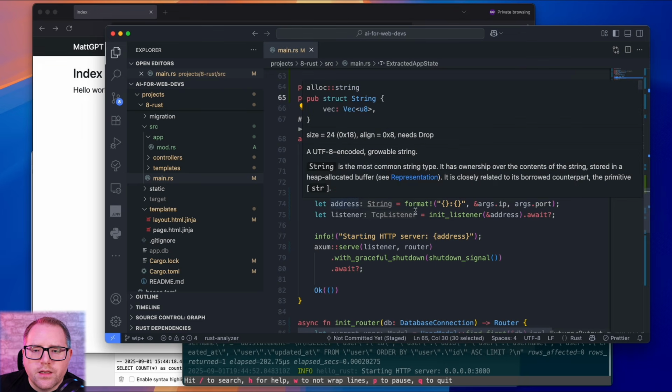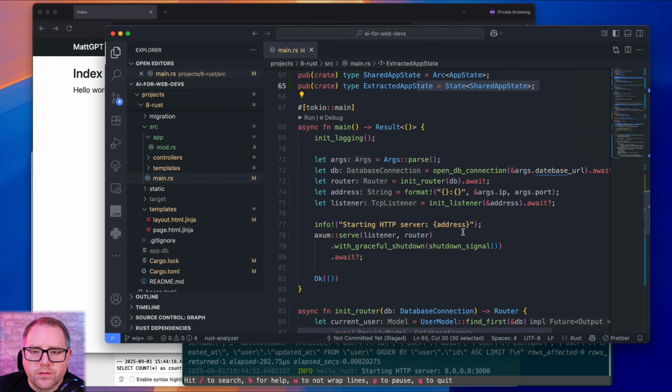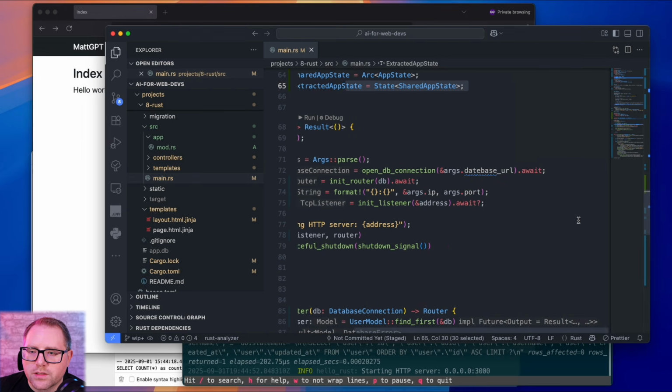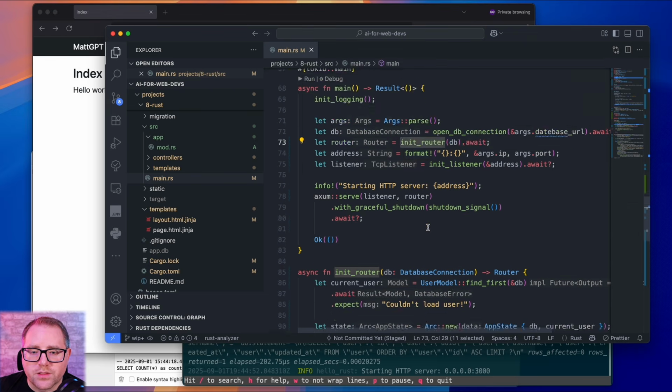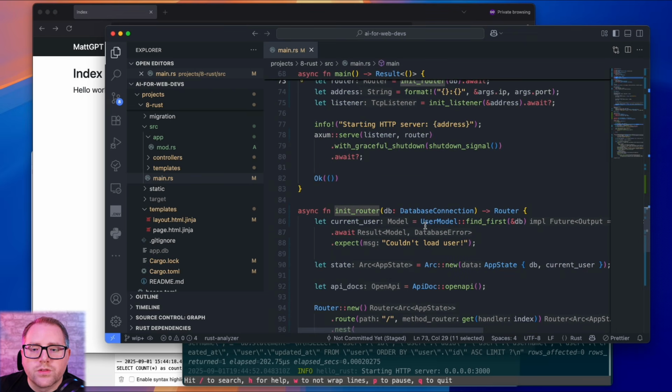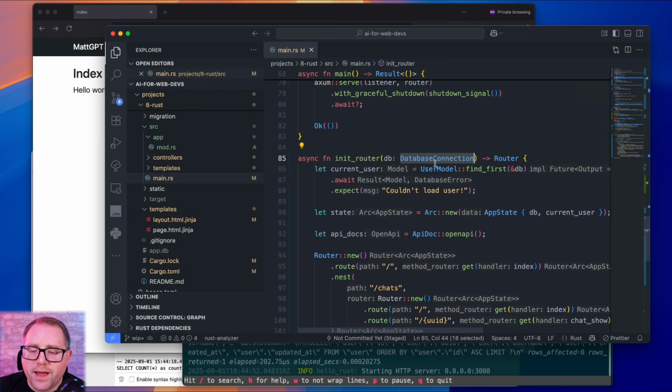All right, our main is pretty standard here. We're just going to, like before, set up logging, parse the args, get our database connection. We're going to set up our router here, and that's where a lot of the logic has been moved to. So when we get our router, we're just going to pass in our DB connection.